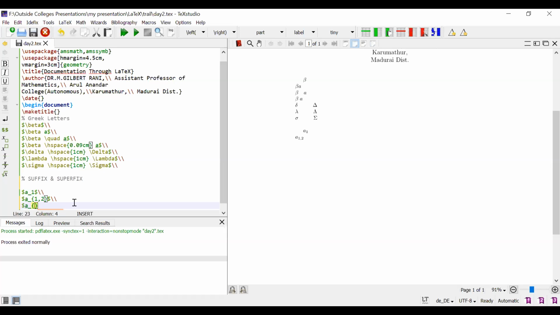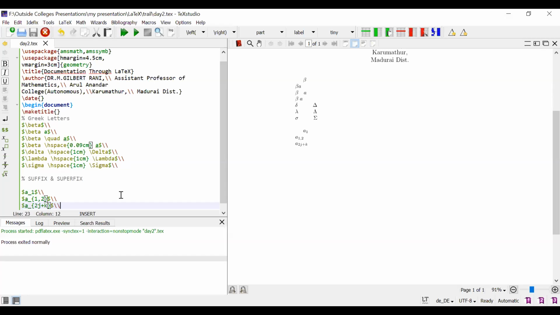So now I write 2j plus k. Now see that A suffix 2j plus k. Like this, you can add any type of suffixes for any element, just using the brace operator.